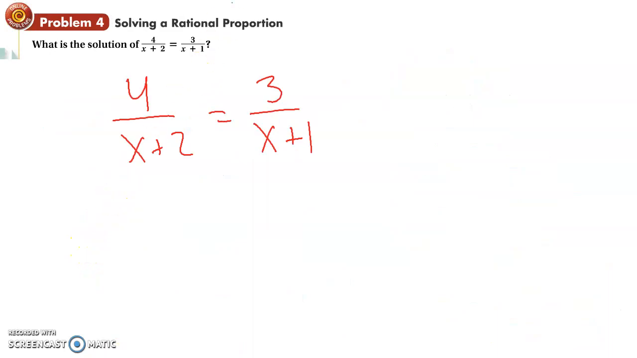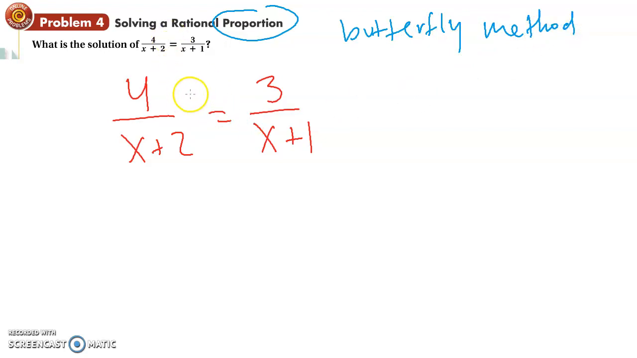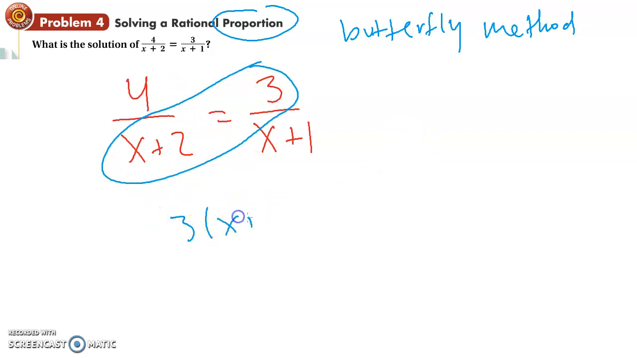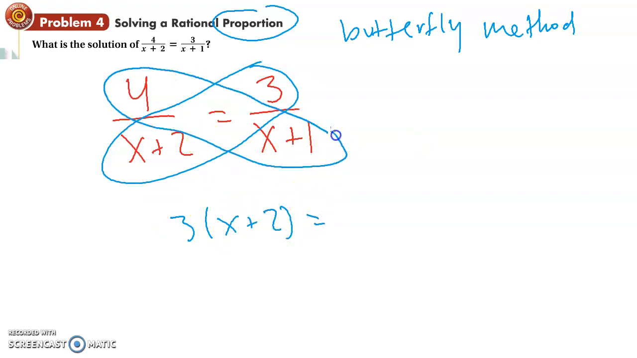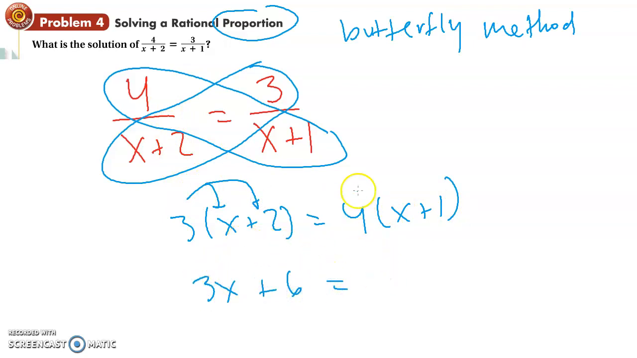Now, problem 4 is called solving a rational proportion. And as soon as you see proportion, you guys should think of the butterfly method. So we're going to go ahead and use the butterfly method to solve this one. Notice we can just circle across, and we would get 3 times x plus 2 is going to equal the product of 4 times x plus 1. And now we can distribute and get 3x plus 6 is equal to